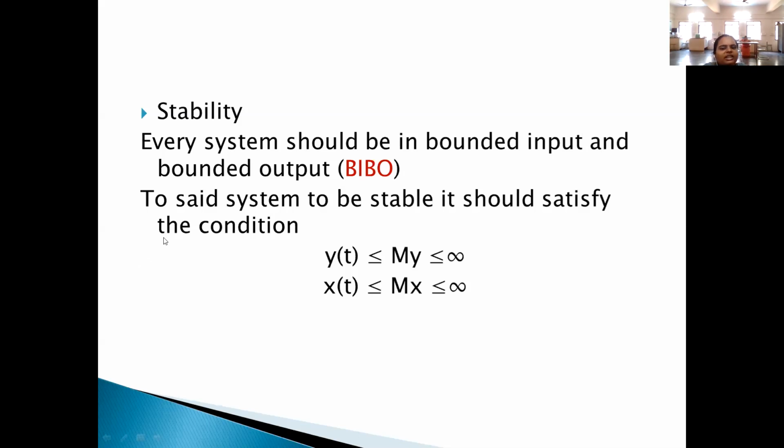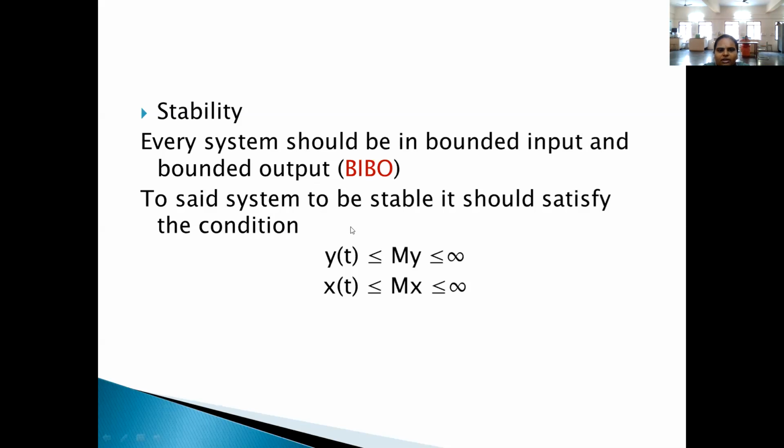One more example I can give is a robot system. What is the input we are going for? How much angle the arm, leg or head should rotate. Whatever angle you fix, it should rotate by that angle only. If it shifts to other angles, you are not getting the expected output. How much you fix, you should get that. That is bounded input, bounded output.